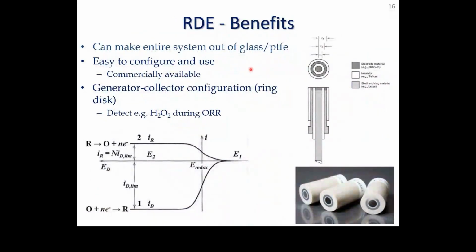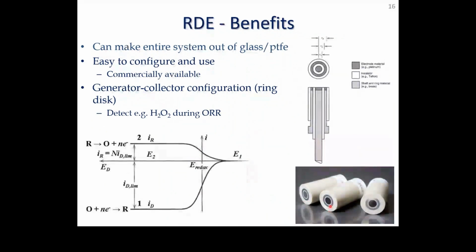So the benefits of these rotating disc electrodes are quite good. You can make the entire system out of glass and PTFE, so they're quite easy to keep very, very clean and do very clean electrochemistry. I'm sure Yifan will talk about that in the next hour section. They're easy to configure and use, and they're commercially available. We can perform these generator-collector type experiments, which for the rotating disc electrode is called the ring disc system,